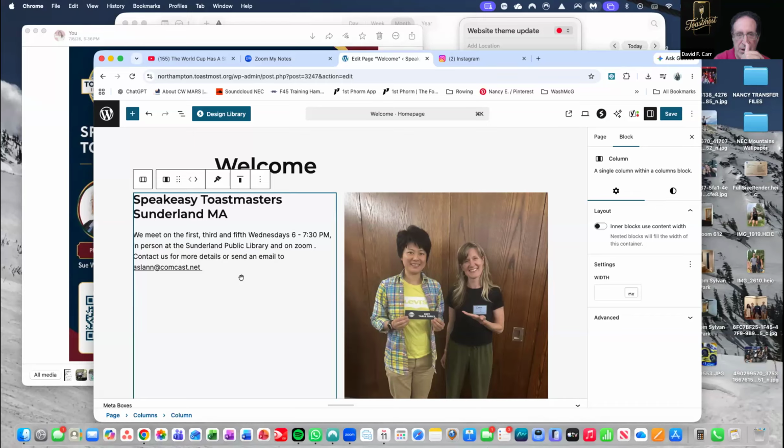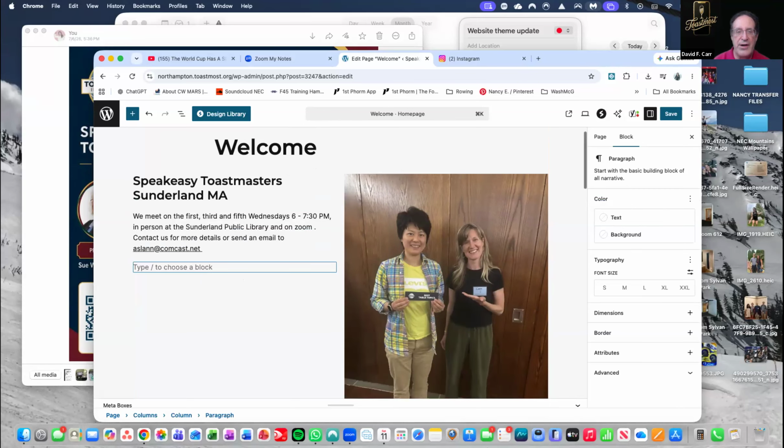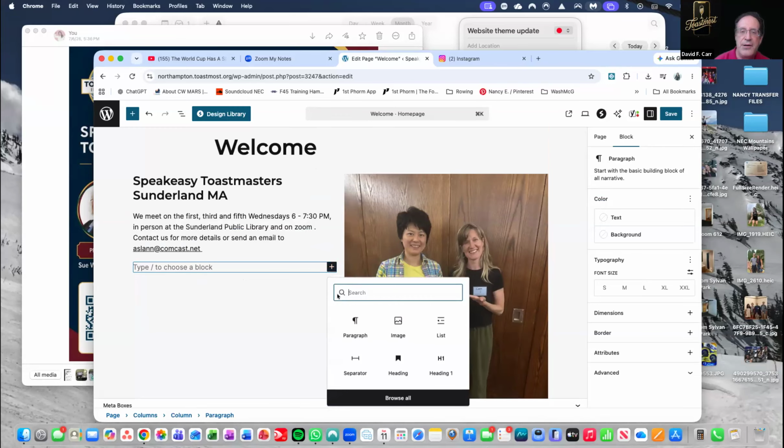If you click on the line right after where the email is and just hit return, it should give you a fresh paragraph. And here's where we can add a different block. If you click the little plus sign there, put in